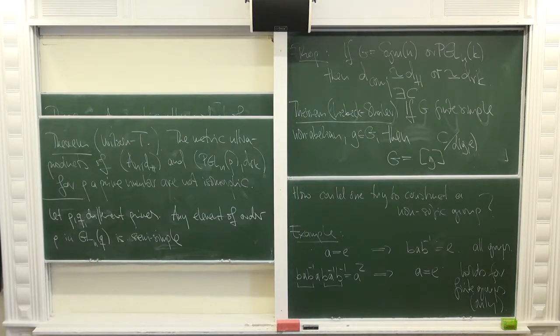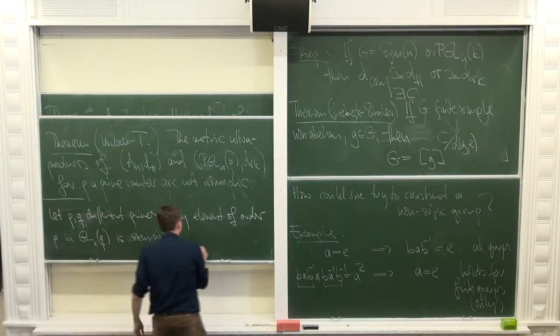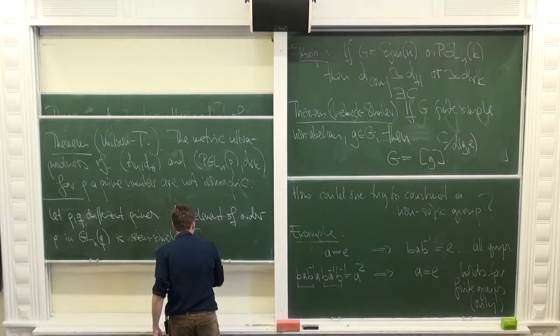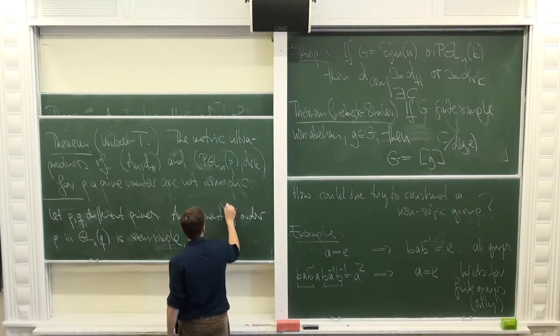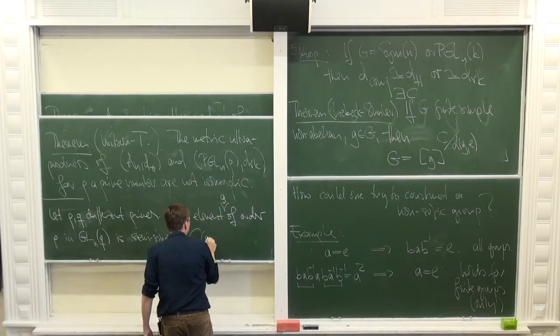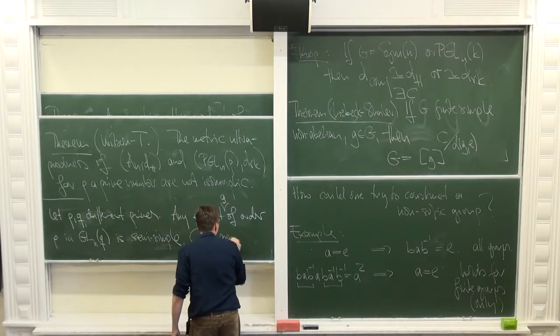And if it's diagonalizable, then you can study the eigenvalues, and in particular, if you look at the centralizer of this element, then this will again be a product of groups like this, right? So the centralizer in this group, let's call the element g, the centralizer is a product